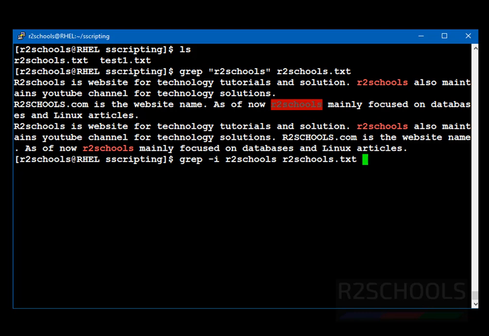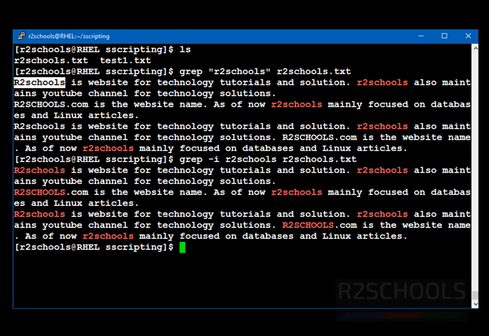What will this -i option do? It ignores the case. So now it will highlight this one and this one. See, it has highlighted all r2schools text data. Before it highlighted only 4, but here a total of 8.